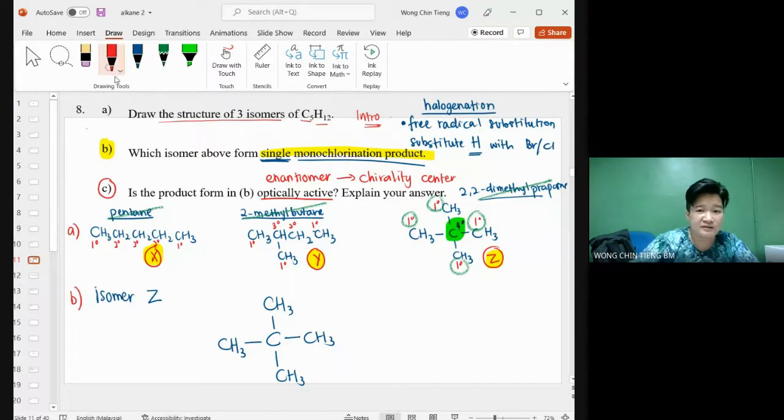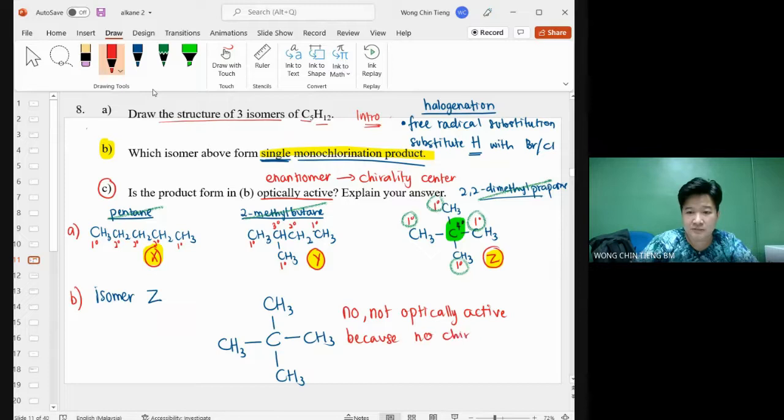No. Alright, kita tak ada. Betul, tak ada carbon yang pegang 4 ikatan dan 4 kumpulan yang berbeza. Tak ada. So over here, no. Not optically active. Because no chirality center,